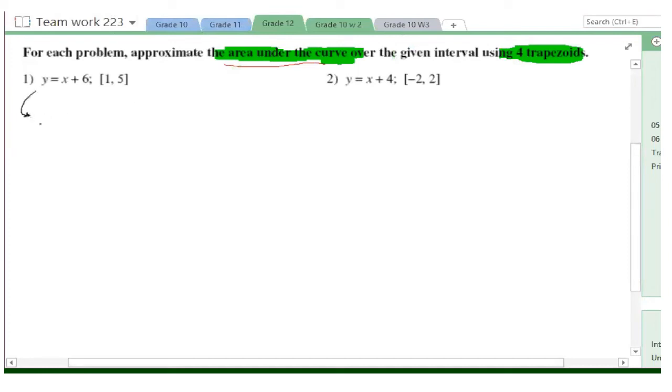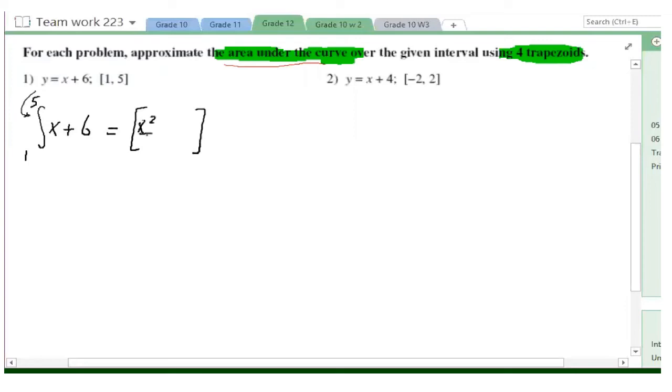This one can be written as the integral from 1 to 5 of x plus 6. By the way, you can find the integration from 1 to 5 of x plus 6 clearly without using the trapezium rule. But let's apply the trapezium rule and use the exact value of the integration and find the difference between them. If I'm going to solve it without the trapezium rule, first, I'm going to integrate x,